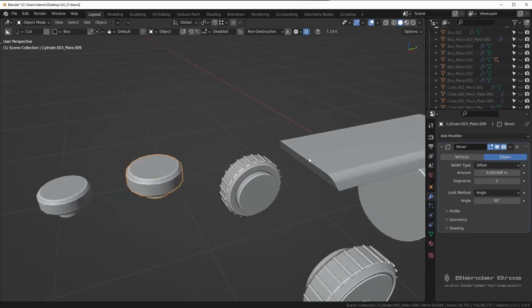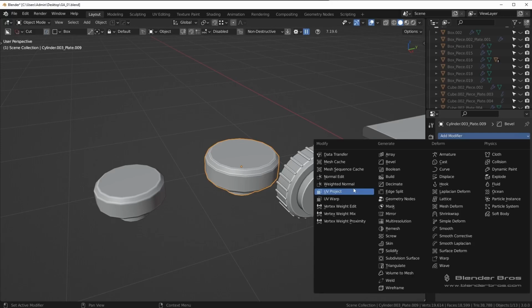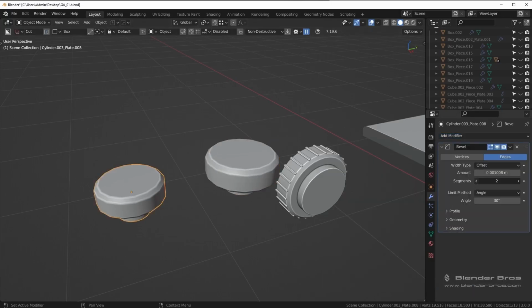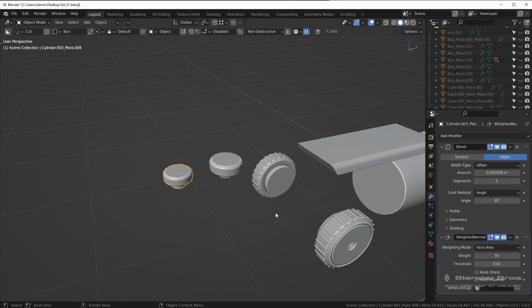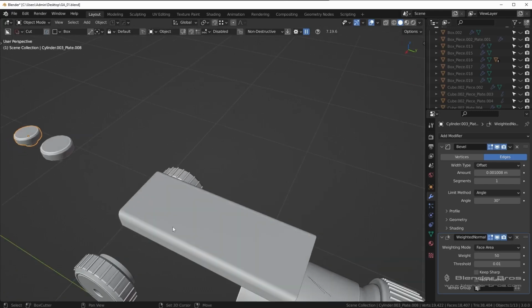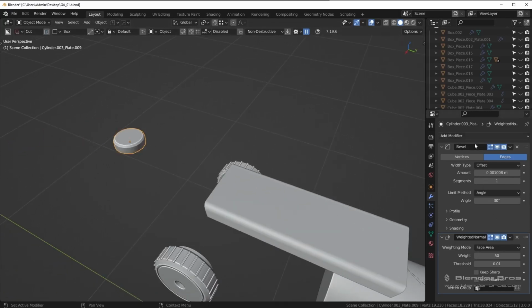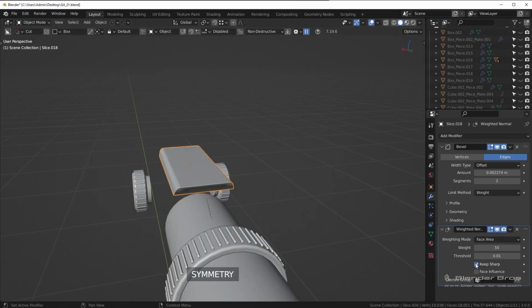So these screws here, I'm going to give them one segment as well. Make sure there's a weighted normal, one segment, and then weighted normal. We're going to join this together, so it doesn't really matter. As long as the one you join it to has the one segment and weighted normal, it doesn't matter. I just always change the segment count and weighted normal just to reinforce a good habit. That's why I do it. Just turn off the keep sharp here, put that to one segment,